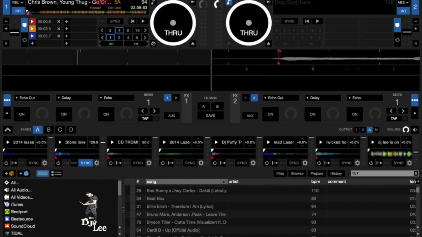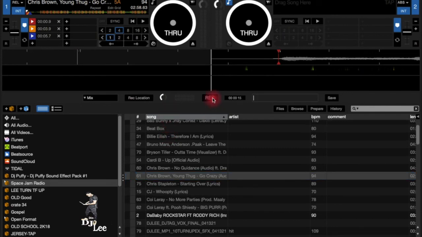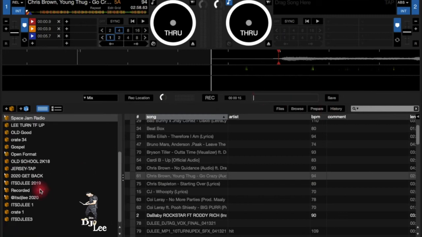You can hit record, REC. This helps you record your mixes. You can change your record location, where it exports your recording to. You can change what you want to record: the mix, just channel 1, channel 2, or a video mix. This is your record button. Record, stop. You can hit this, type in the name of the recording, and then save it, and it will show in your recording folder, recorded. Good. Now, to keep moving on, let's go back.